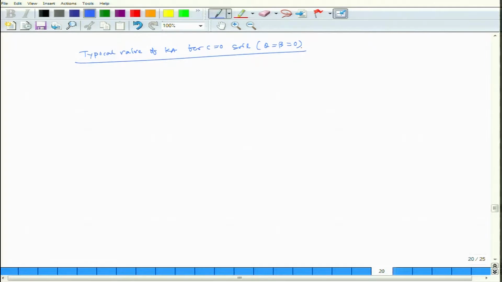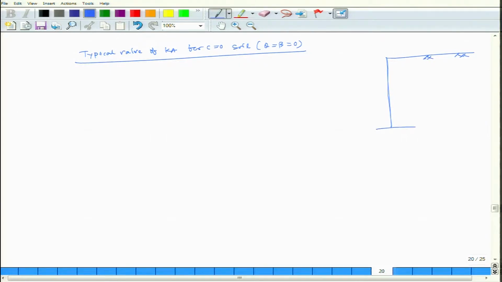Theta and beta equal to 0, what does it mean? The wall is here, theta equal to 0 means it is perfectly vertical, beta equal to 0 means it is no more inclined, rather it is planar. So, simple wall case,